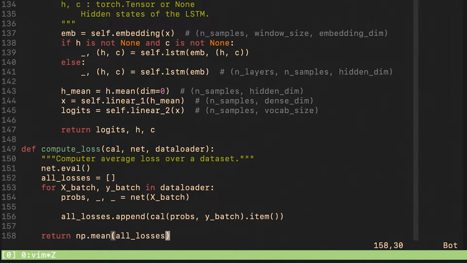So this function takes in a loss callable, a network, and a data loader. And it goes through all the batches in that data loader, and it computes the losses, and then it averages them. Let us now write the last utility function that generates the text.